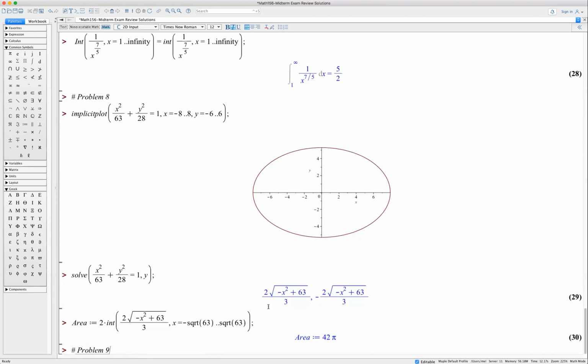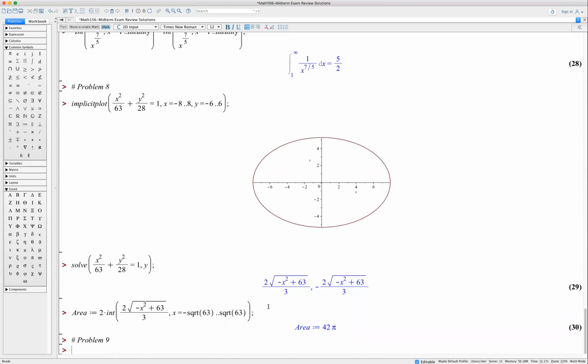Problem 9, we want to calculate a sequence. So in this sequence, u[1] is going to equal... sorry, u1 is 1, u2 is 2,